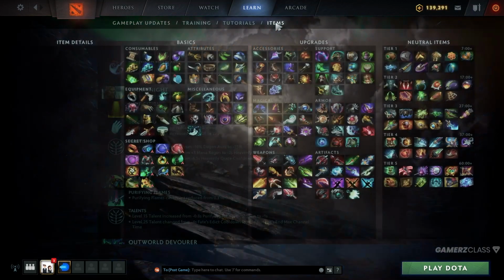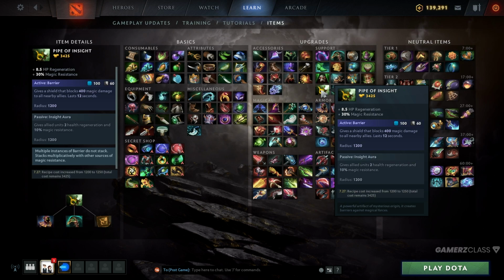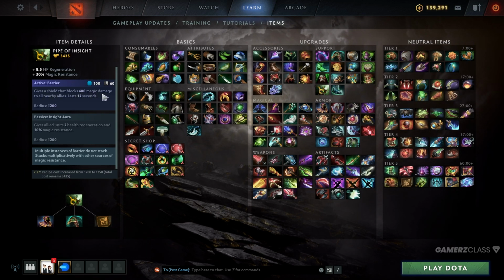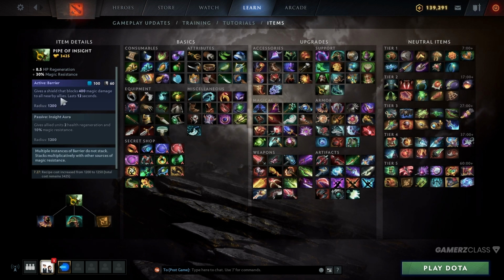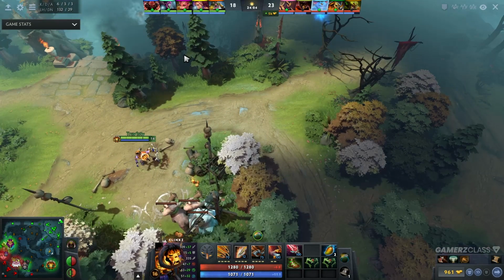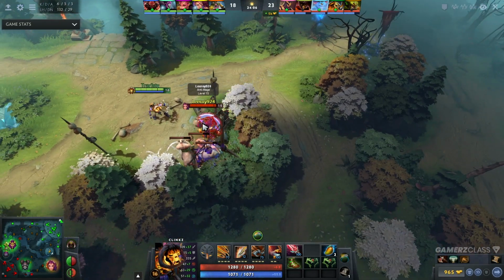For example, if the enemy team is heavy on area of effect magic damage, then a counter for this is usually magic damage resistance in the form of a Pipe of Insight to protect you and your teammates for a short period of time. Another example are enemies that have movement-based abilities such as blinks that help them escape very